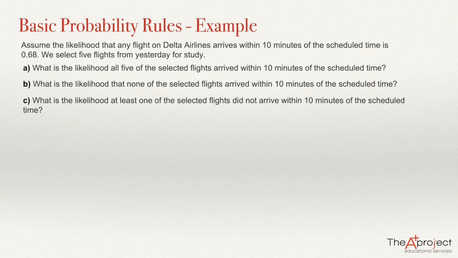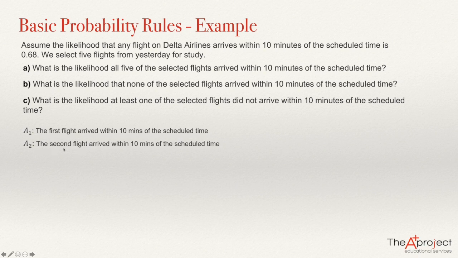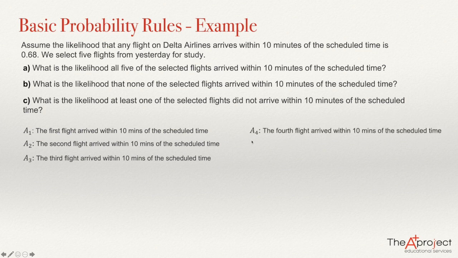So I'm going to say that A1 is the event that the first flight arrived within 10 minutes of the scheduled time. And A2 is the second flight arrived within 10 minutes of the scheduled time. And A3 will be the third flight arrived within 10 minutes of the scheduled time, etc. A4 will be the fourth flight arrived within the scheduled time, and A5, the fifth flight arrived within 10 minutes